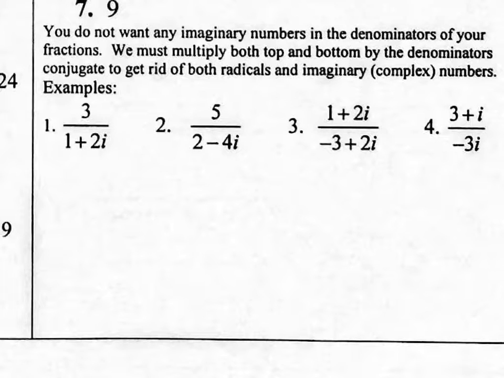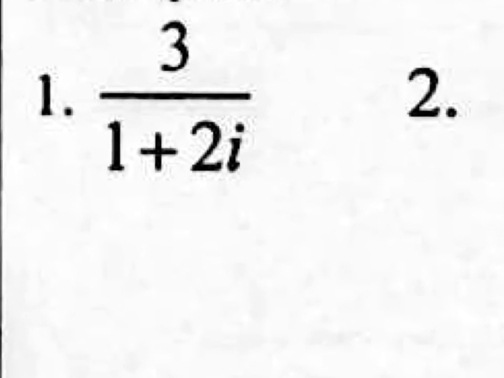So we do not want any imaginary values. We don't want complex numbers in the denominator. So what do we need to do? We must multiply both top and bottom by the denominator's conjugate to get rid of the complex number on the bottom. So on number 1, let's all take a look at this binomial, this complex number, and let's actually